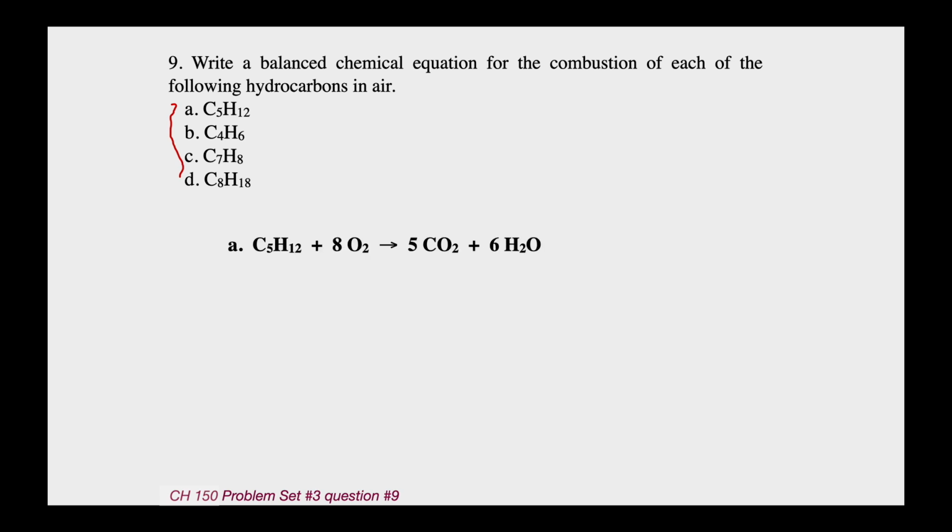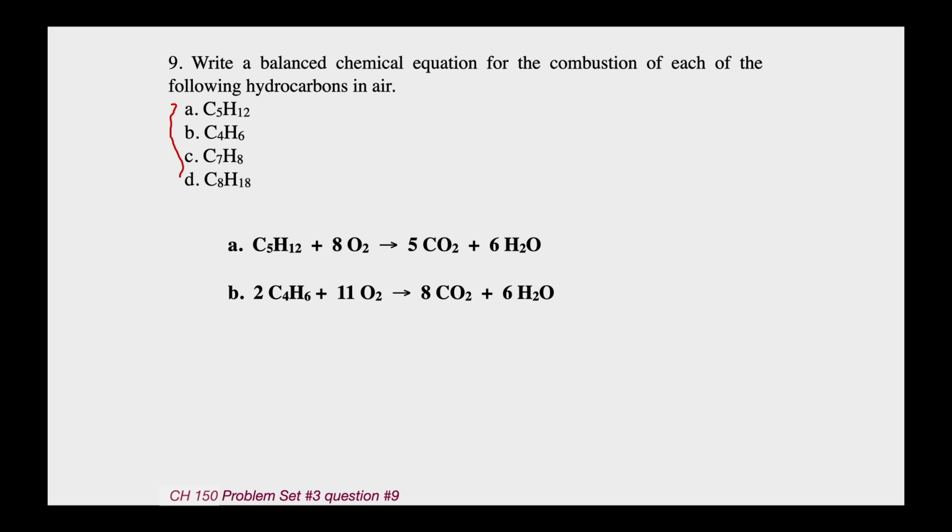The first one is pretty simple. 5 carbons in C5H12 goes to 5 CO2. The 12 hydrogens in the organic piece goes to 6 waters. And when you balance the oxygen, you're going to need 16 oxygen atoms or 8 O2s because, again, oxygen is a diatomic. Second one, similar kind of thing, except C4 leads to 4 CO2s initially, and H6 leads to 3